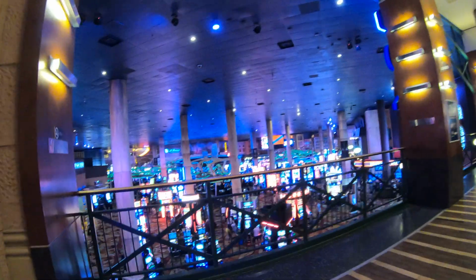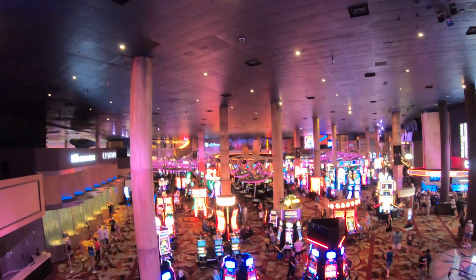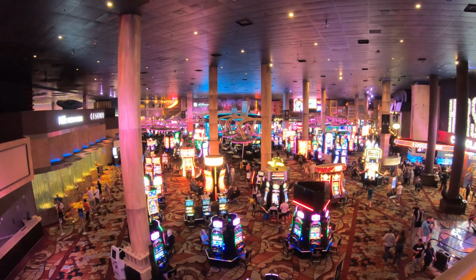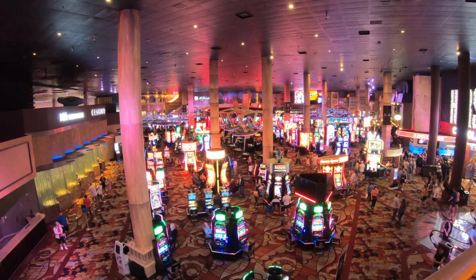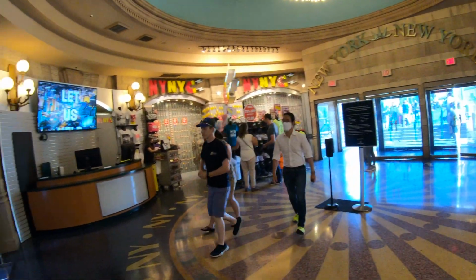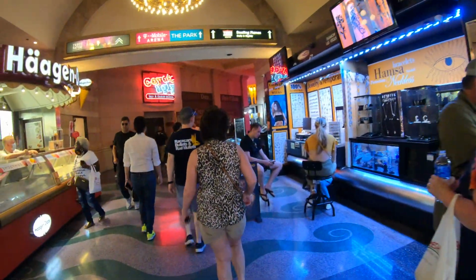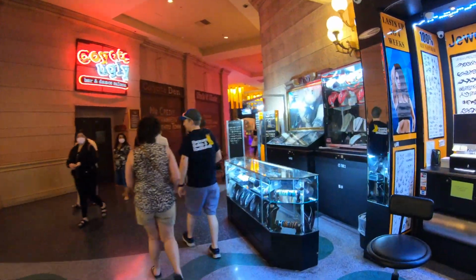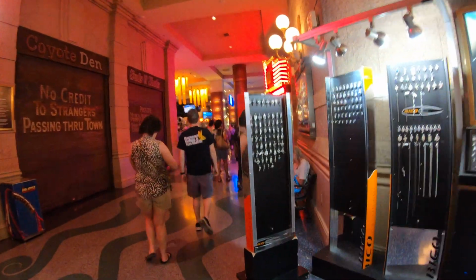This little bar up here has a great view of the casino floor. If you make a right at the escalators, which we did, and go all the way to the end, you come to this pedestrian overpass, which goes over Tropicana Avenue and takes you straight into the Excalibur across the street. But we're not heading over to the Excalibur today. We're going to head back in the direction we came, and on the left-hand side here we have Coyote Ugly,